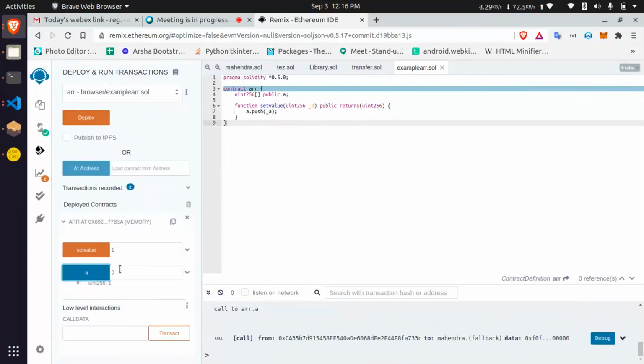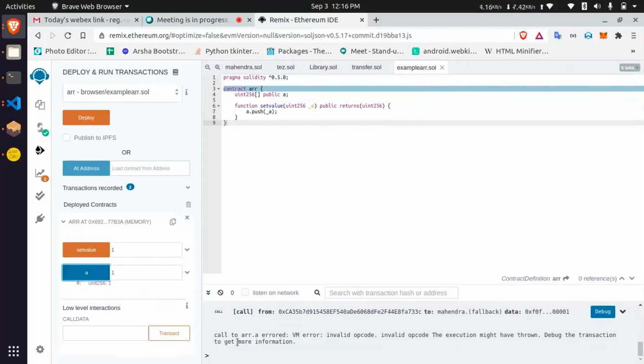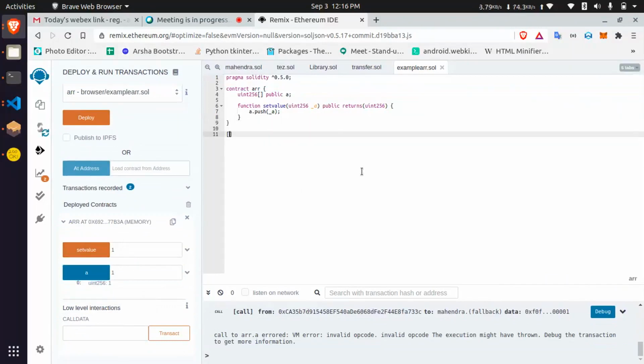Yeah, we are getting index one. Now we have pushed only the zeroth index. At the zeroth index, we placed one.